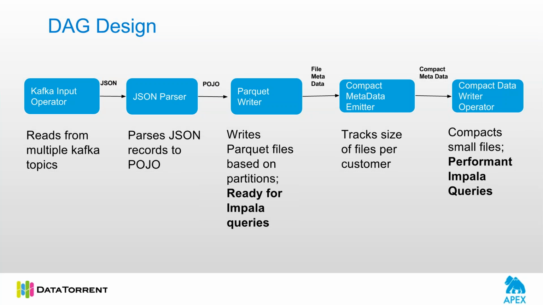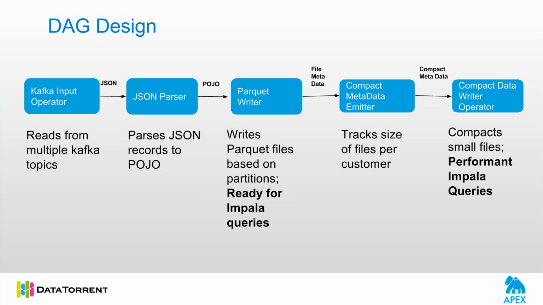The job of the compact metadata emitter is to keep all this information in memory, and whenever it reaches a specified size, in our case, we wanted to compact these files to a size of 256 MB, whenever it finds that the files can be compacted to the configured size, it sends the trigger to the next operator,